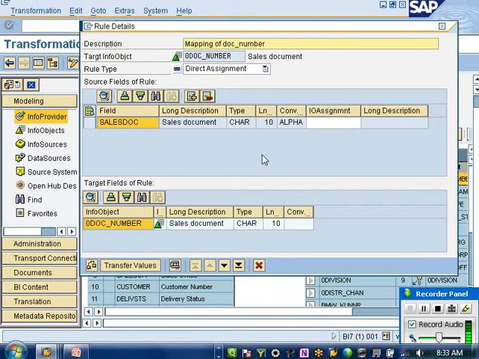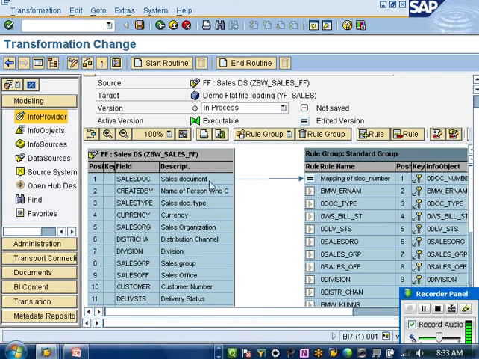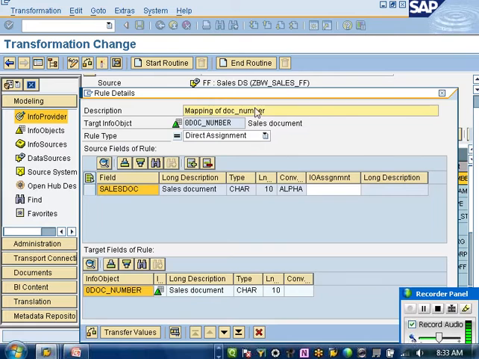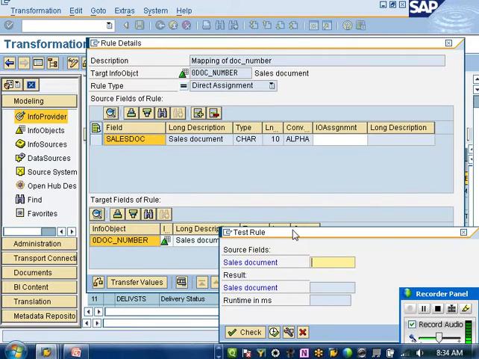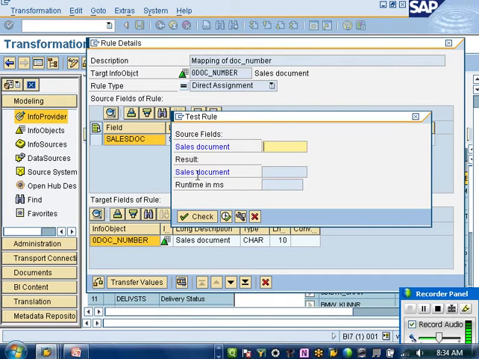Okay, this is how it is. It is as good as drag and drop. Say for example, I delete and then I can just drag and drop. It's all the same. I can also test this out in rule details. Here there's something called testing. Instead of debugging, I can test it here. If I give this value, what would be the outcome? Source field is sales document, result is sales document number. For example, I give 7722. What will be your result? It takes it here, because it is direct assignment. So I can do testing here.